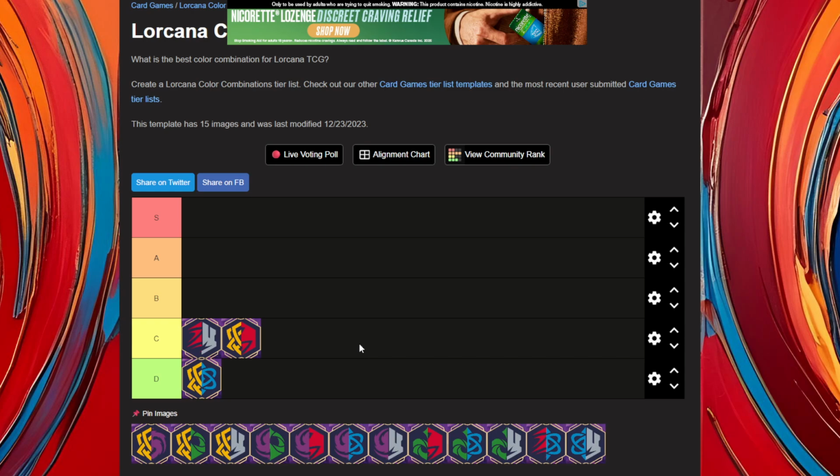It's decent into aggro as well. If you are running the Mulan package, you can slow them down a bit. But yeah, right now in the current metagame where green steel's dominating with discard, you're going to have a rough time playing this deck. And then another deck we're adding in here is...